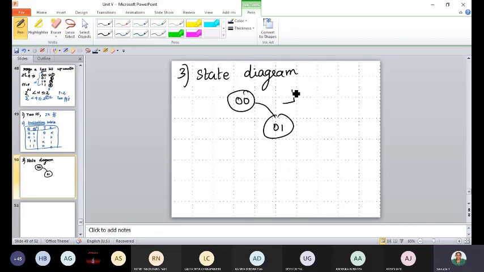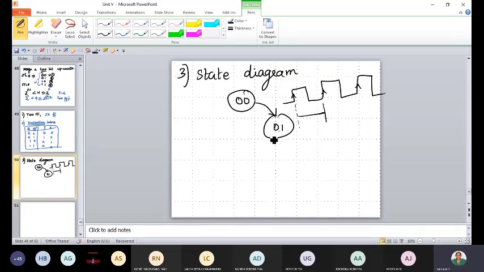Whenever you have a clock, you are designing a synchronous sequential circuit. The change from the present state to the next state happens for every clock transition. For a positive edge-triggered flip-flop, during each positive edge from low to high, the state changes from 00 to 01, then waits till the next clock transition, and then the state changes again.